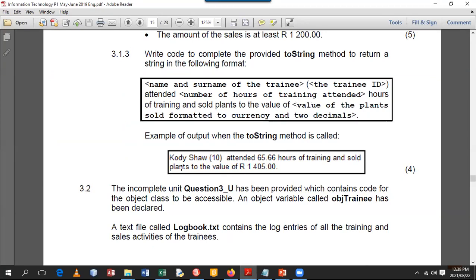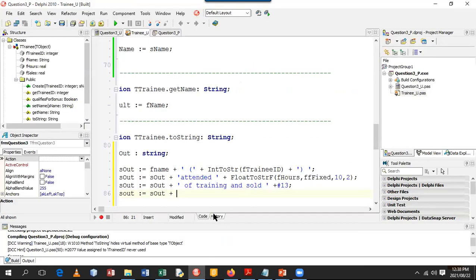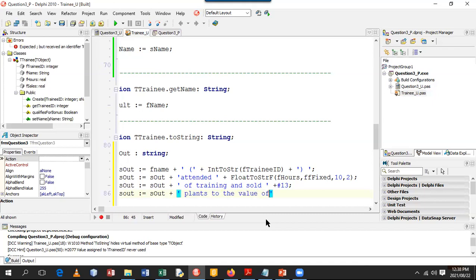And sold. The next part is plants to the value of. So it's going to be plants to the value of space and